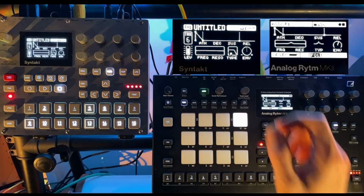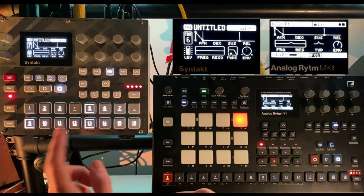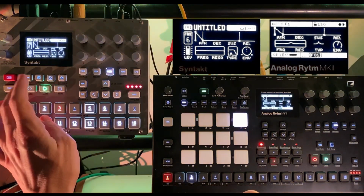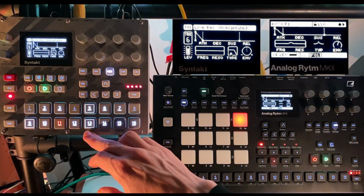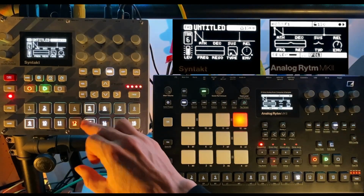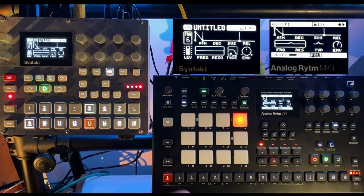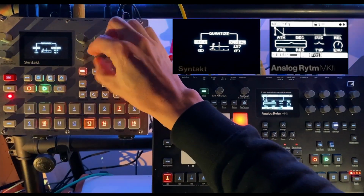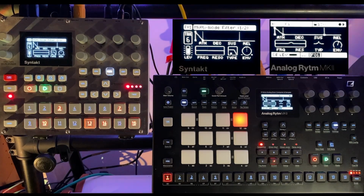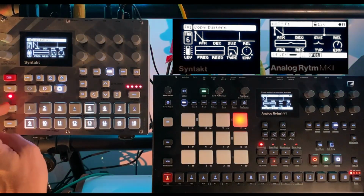Okay, I have a sample here. Let's say I want it to play for the first 4 bars, just this on the Analog Rhythm, and maybe here I want to put some of these chords, right? So what we're gonna do, we're gonna put record mode with the metronome, and then we're gonna record some chords. Alright, so this is our first pattern, and then what we can do is copy it, go to pattern 2,